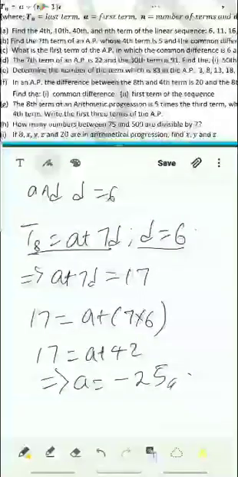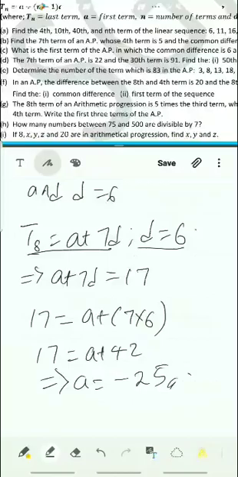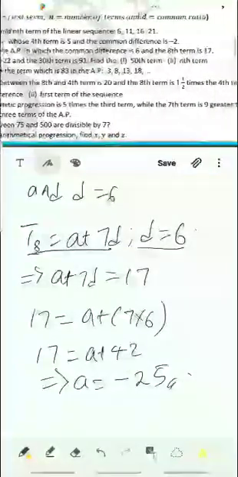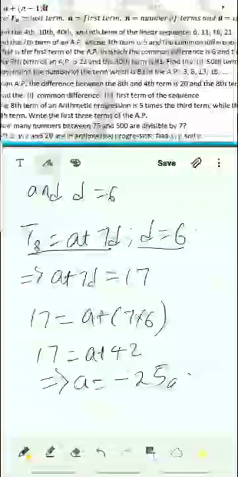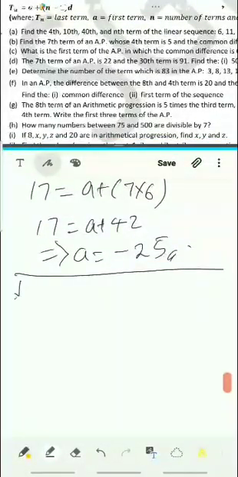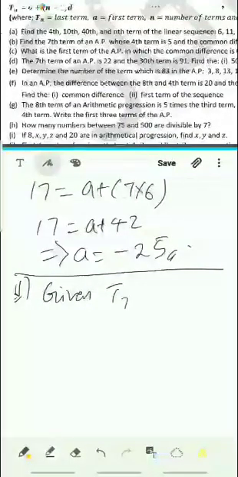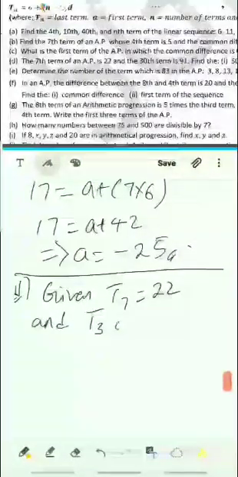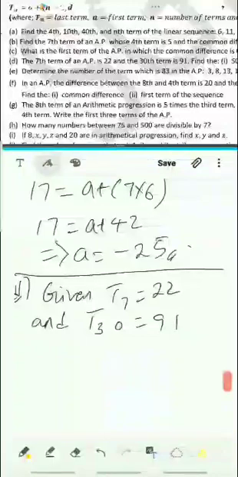Okay, let's look at this. The 7th term of an AP is 22 and the 30th term is 91. Find the 50th term and find the nth term. Okay. The 7th term of an AP is that. So given T7 is equal to 22 and T30 is equal to 91. 7th term is 22, 30th term is 91. We want to find